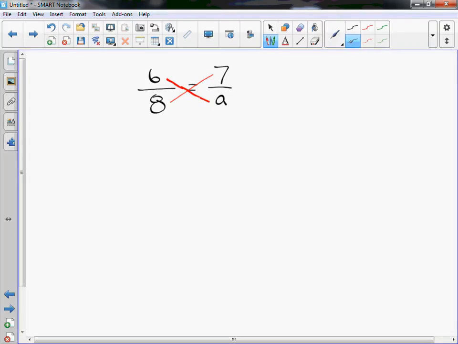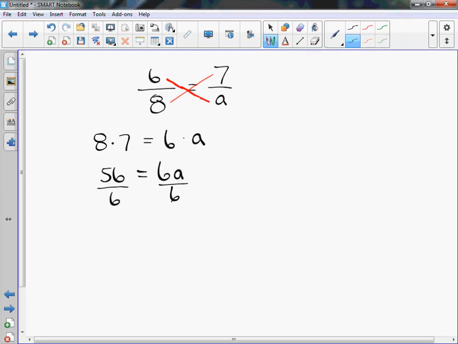So we're going to do 8 times 7 on one side equals 6 times A on the other. So 8 times 7 is 56, and 6 times A is 6A. And then we know we want to get A by itself, so we're going to divide by 6 on both sides. So A equals